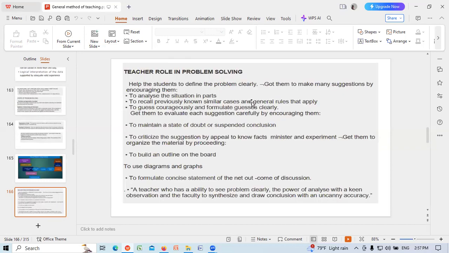Teacher role in the problem solving. Help the students to define the problem clearly. Make many suggestions by encouraging them to analyze the situation in parts, to recall previously known similar cases and general rules that apply, to guess courageously and formulate guesses clearly, get them to evaluate each suggestion carefully by encouraging